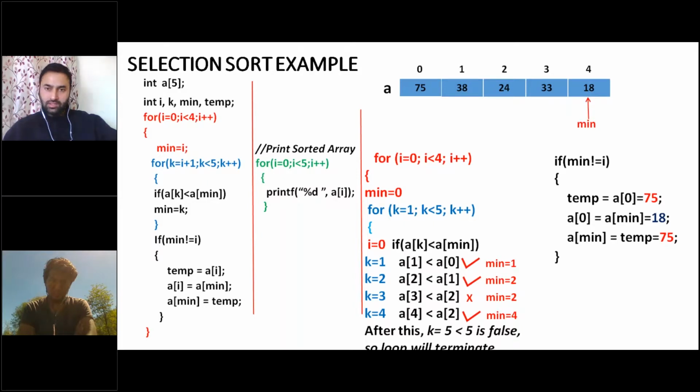Okay, you can see this code. We have done this swapping earlier also. With these three statements, value of 4th element and value of 0th element will be swapped, because value of minimum is 4. Min is 4 here. So a of 0 equal to a of 4, that is 18, and a of 4 is the first element 75. So see what will happen. 18 will move to this location and 75 will move to this location. So this will happen after first pass in selection sort. Okay, have you got it?